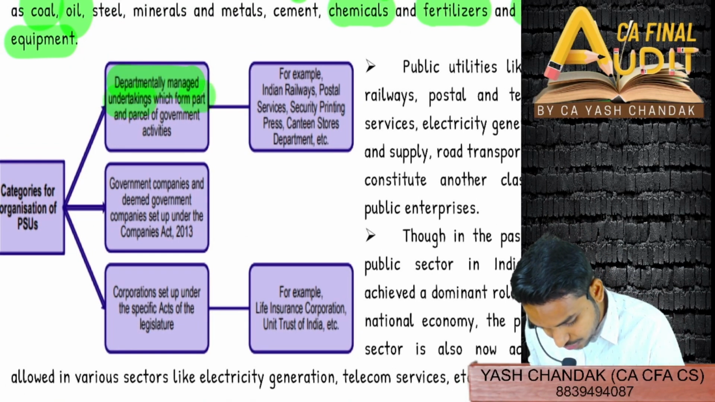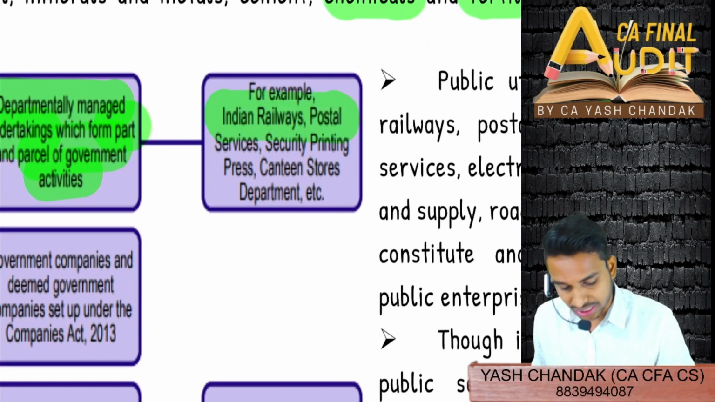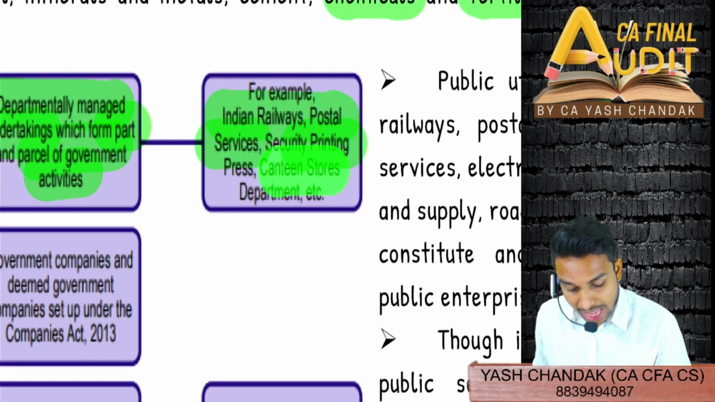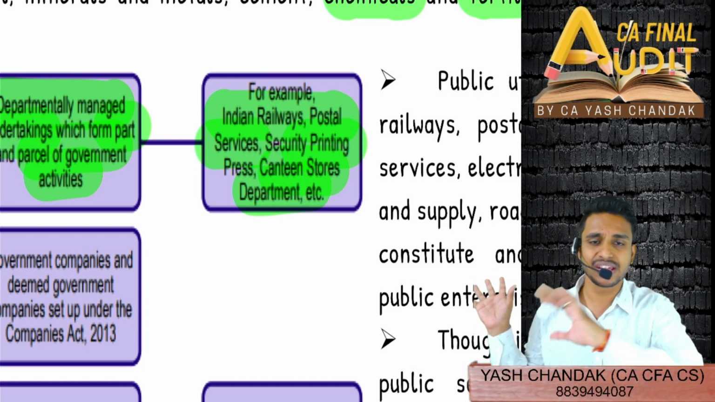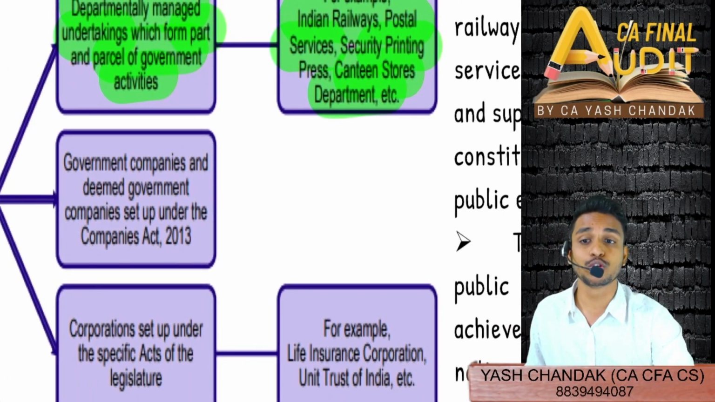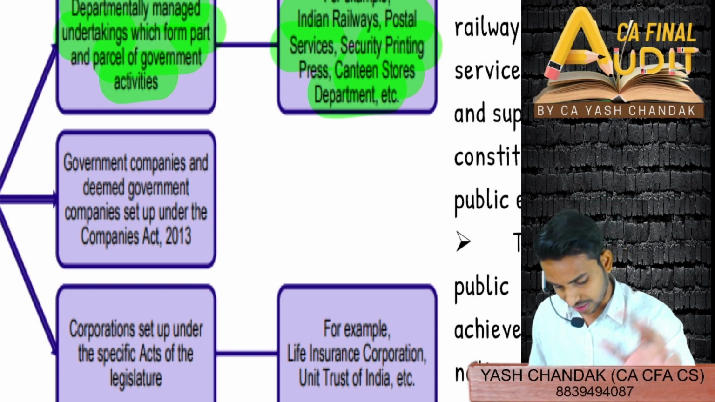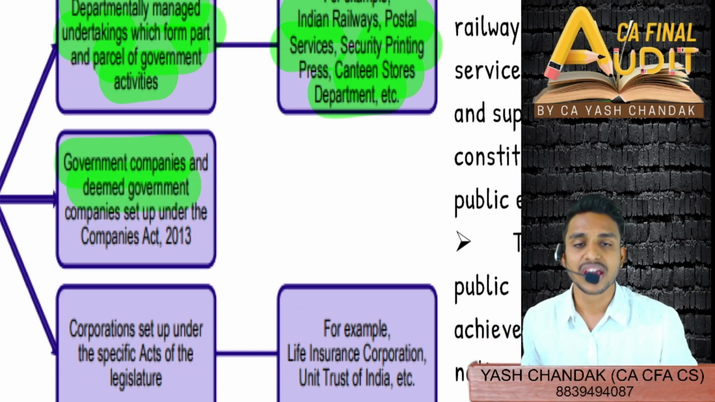departmentally managed undertakings, which form part and parcel of the government activity itself. Departmental activities are Indian Railways, Postal Services, Security Printing, Canteen Stores Department. You might know in your city there are many canteen stores where you can buy daily-needs ration, not exactly food. And then the government companies of course, and the deemed government companies, which we'll cover in this lecture